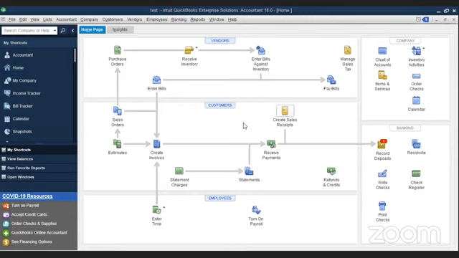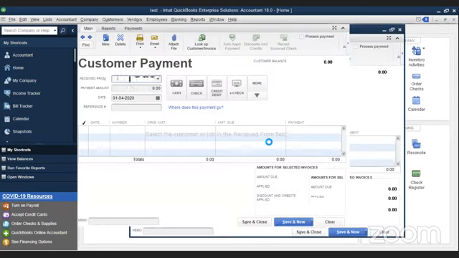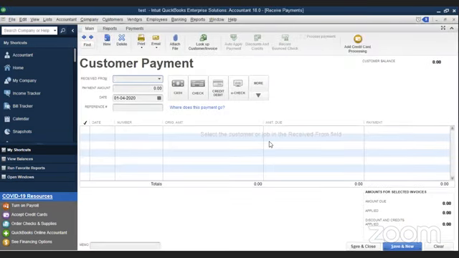Yes, you can speak now. Regarding receive payments, I think you did not mention which account the payment is deposited to. You mean the customer receive payments? Customer receive payment. It would have gone to your, 1 sec. I have already linked the commercial bank account for everything. When you are doing it, it will ask where to deposit. Wait, I'll just show you. No, I think undeposited funds was mentioned, not the bank accounts.